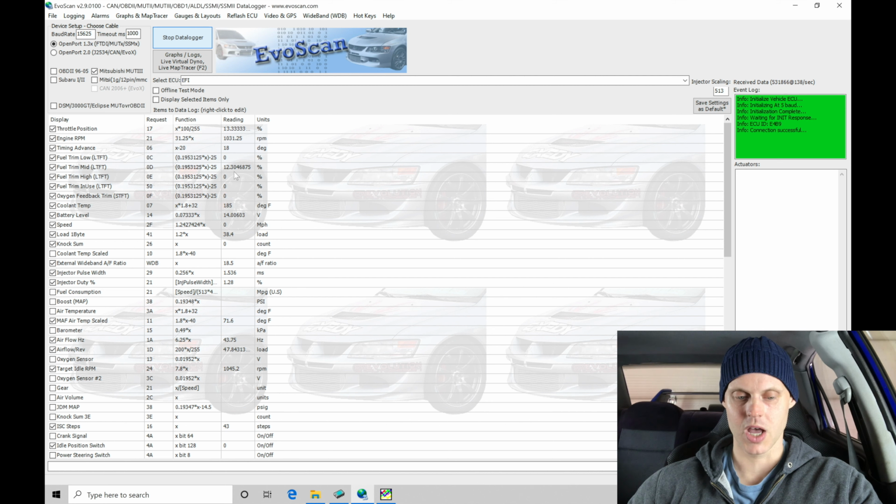There's our closed and open loop values. It's not in our MAF, not in our open loop, and right now I cannot find it. It's not in our warm-up. Let's see here. Here we go, closed loop O2. I didn't see the section. If we look here,